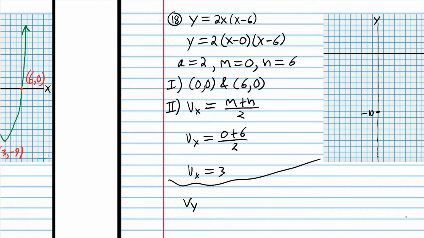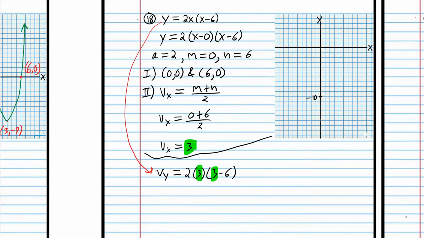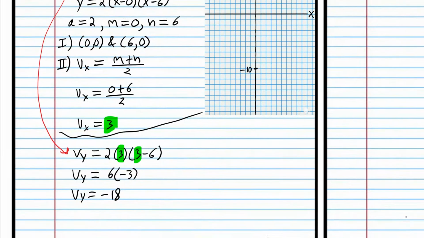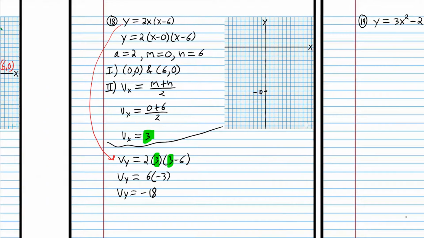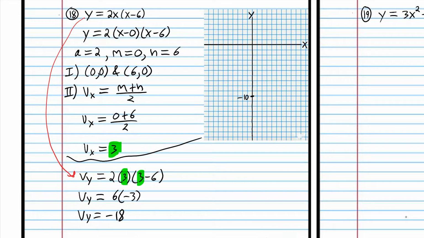And the y value of the vertex, we can use this equation up here. Then we have 2 times 3 times 3 minus 6. 2 times 3 is 6, and 3 minus 6 is negative 3, so we get negative 18. Again, I'm skipping forward a little bit there because if we had to show every single arithmetic algorithm, then this would just take too long. So 3, negative 18